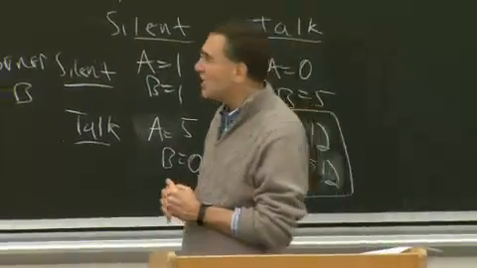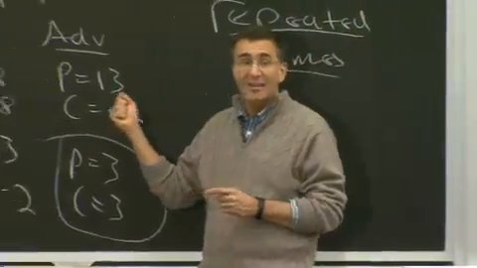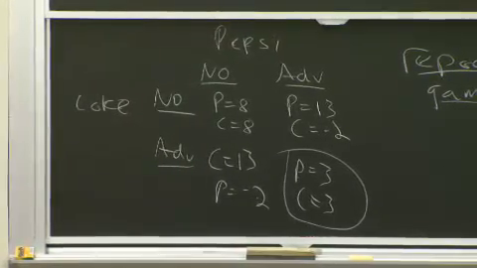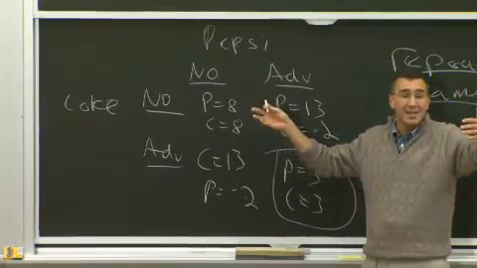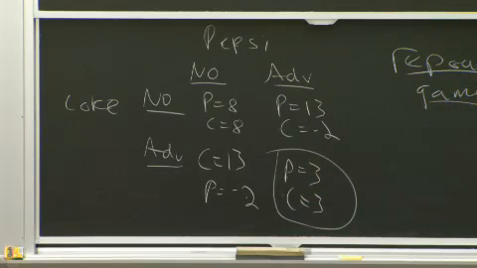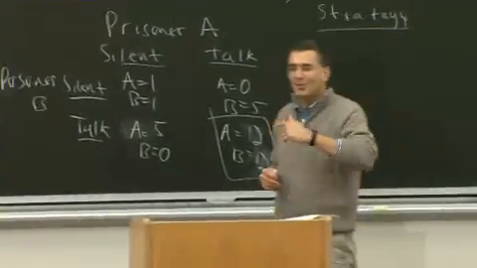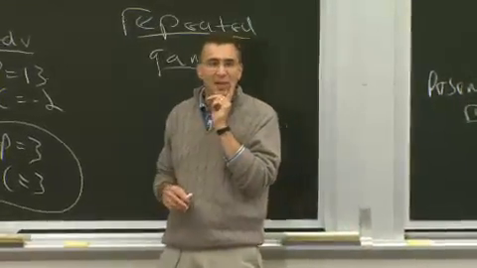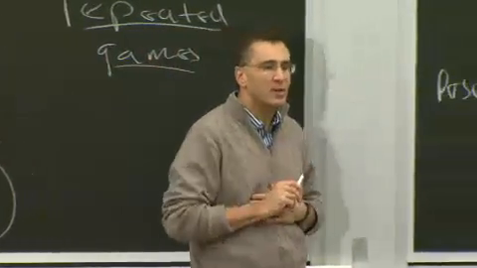Well, Pepsi's thinking, gee, that means in year 10, I should advertise. In that last year, I should advertise because Coke can't punish me the next year, because no one can advertise the next year. So I know starting after 10 years, we're both in this equilibrium because the government's going to enforce it. So in the 9th year, right before that government ban, I should advertise, and Coke can't get me the next period because they don't have the tool to punish me. Well, Coke, of course, knows Pepsi's going to behave that way. So Coke says, wait a second, if Pepsi's going to behave that way, then I better advertise in the 9th period too, or I'm going to get hit with a -2. So I'm going to advertise in the 9th period too.